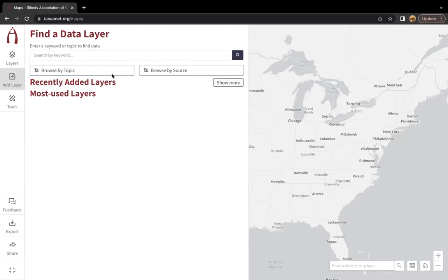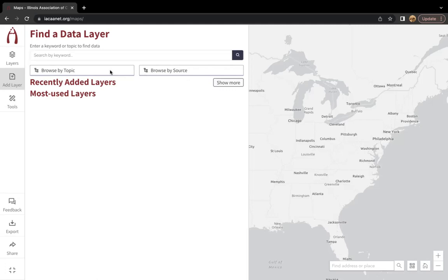We have a few different ways we can search for data. Once you all begin using the map room, our recently added layers and most used layers will populate as lists underneath these headings. But you also have the option to search by keyword, to browse by topic, or to browse by source.